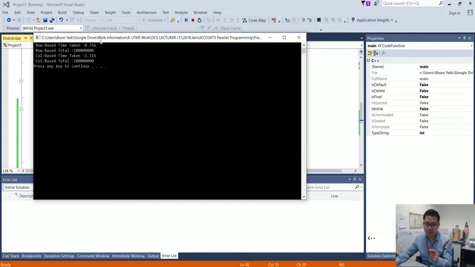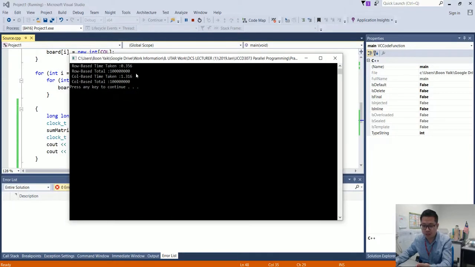So this shows the importance of cache. If we are not going along with it, then we will actually have a great